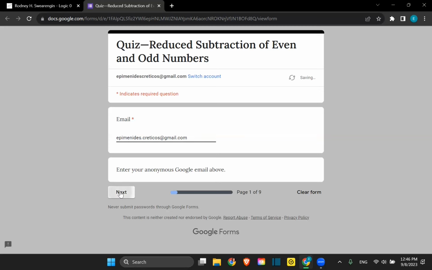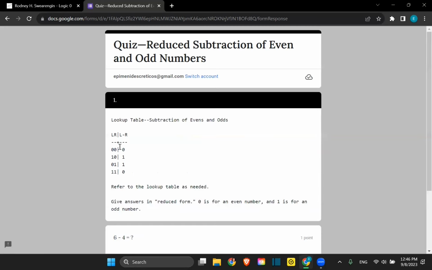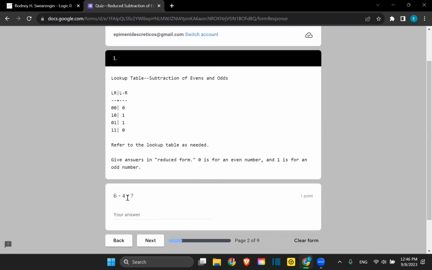So I enter my anonymous Gmail account. The answers, again, are in the lookup table. So if we look at this, we say 6 minus 4, that's even minus even. Even minus even is even, right? And this is just like